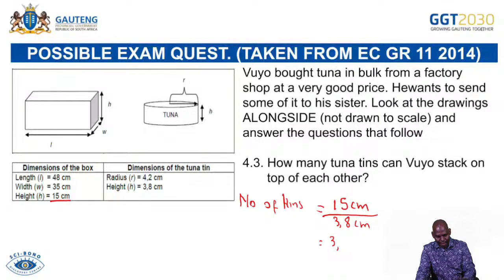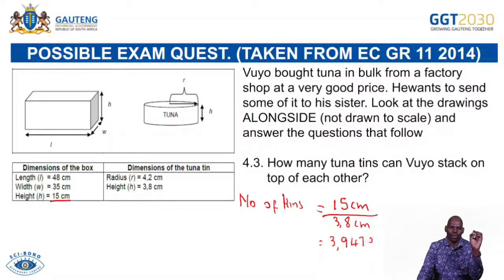3.9473 and so on. Don't get tempted. We are not rounding off. Okay, 3.9, if you round it off, it must be 4. But in this case,